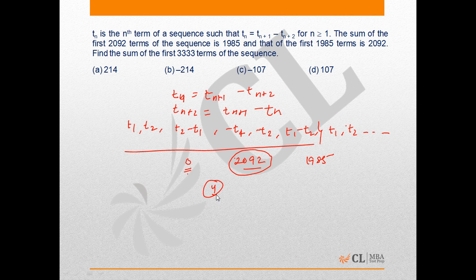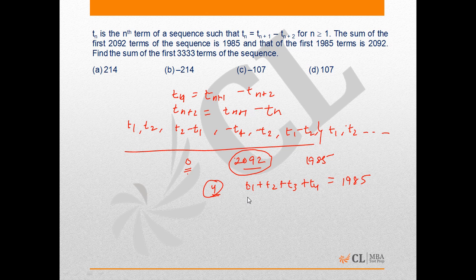So we just need to look after those terms which are in addition when this quantity is divided by 6 and remainder is 4, which means T1 plus T2 plus T3 plus T4 is given as 1985,